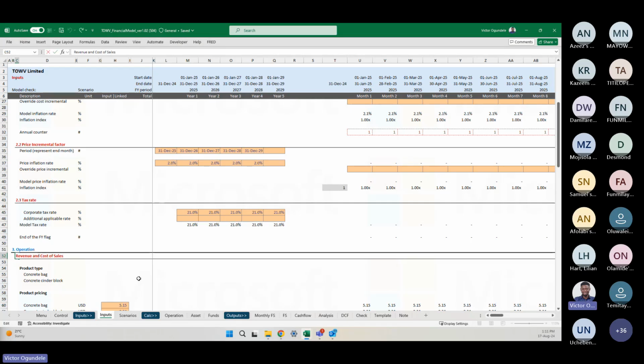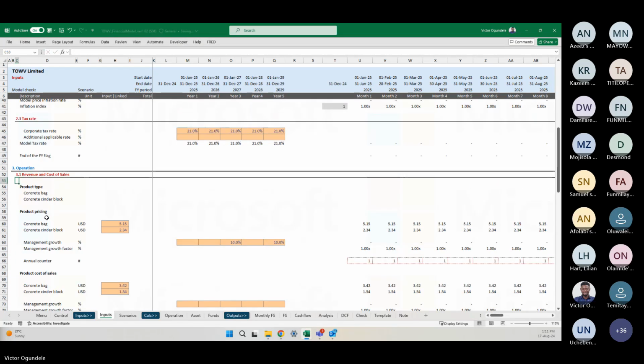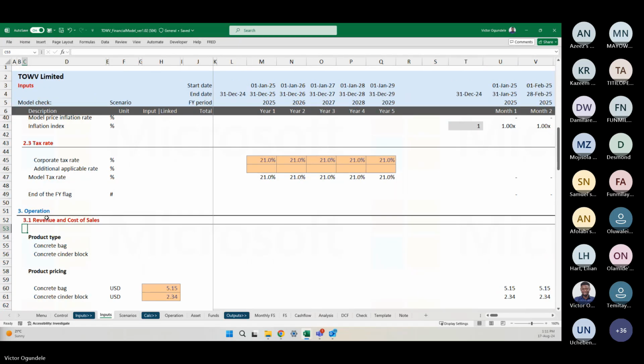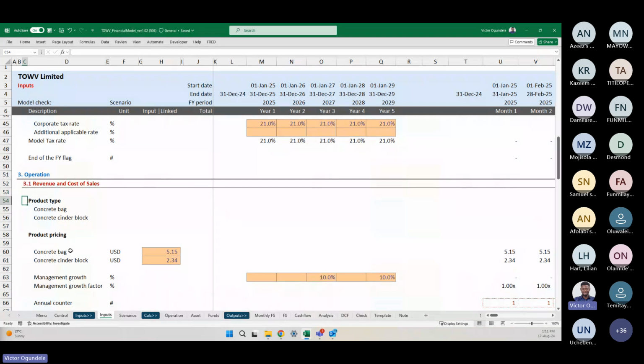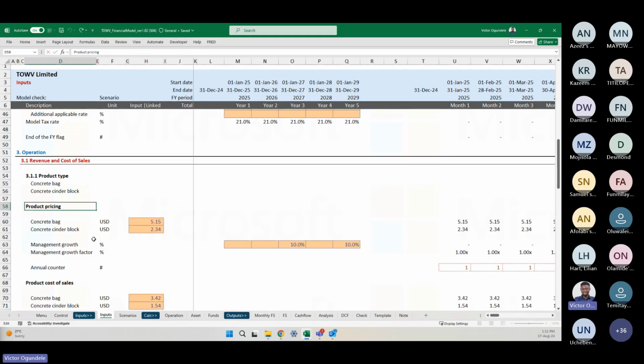Okay, then this becomes 3.1. So this is just you trying to make sure you create a good structure that is easy for anyone to follow. So 3.1.1. Okay, just do it like that, and it's easier for anyone to read. So 3.1.2,